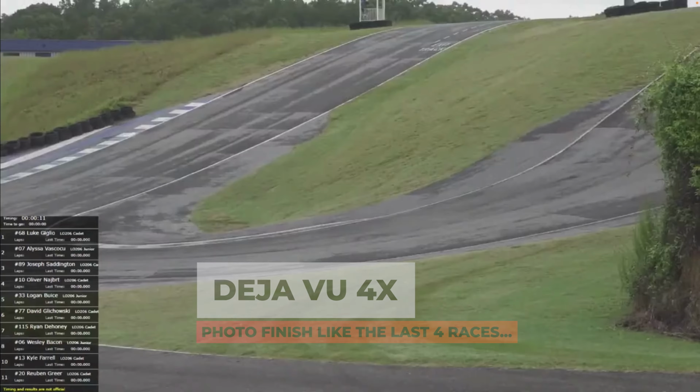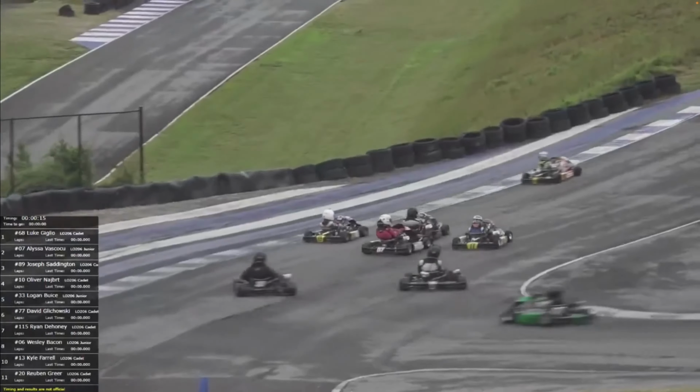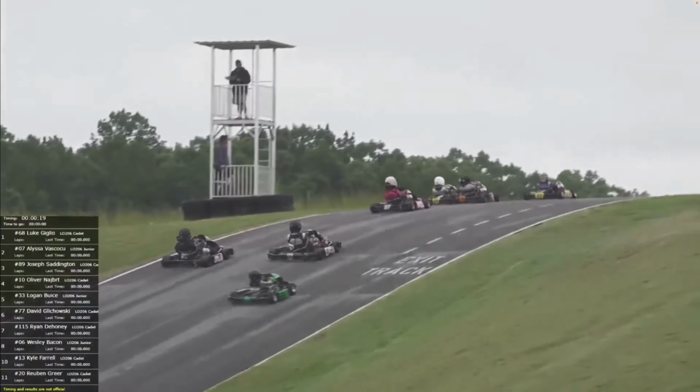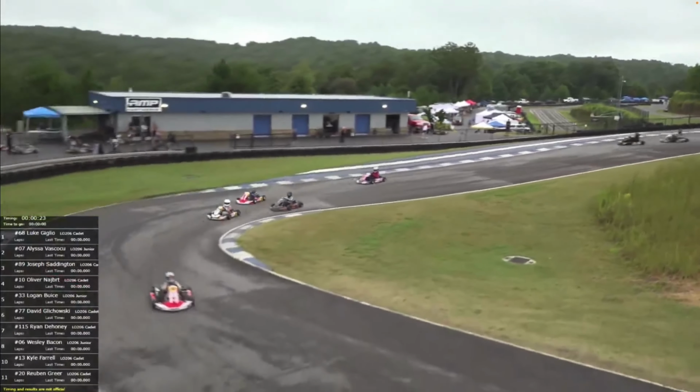Down the hill around. Luke Giglio leads them. The turn there. Let's see a little bit of contact there, but everyone maintaining good lines. 3 wide going up the hill. Up the hill they go. And in front of the building here,